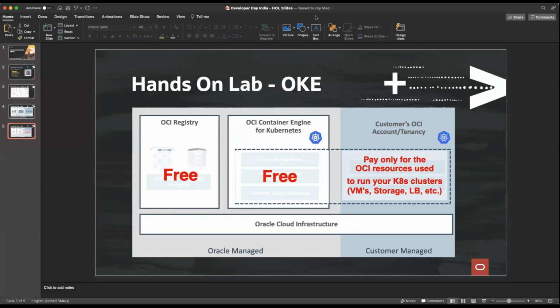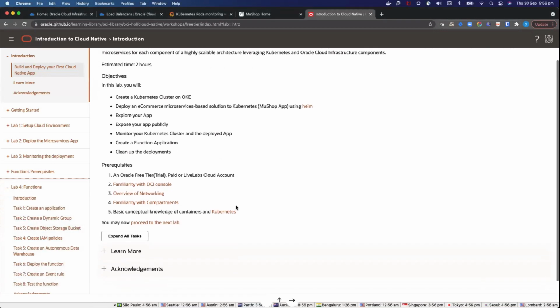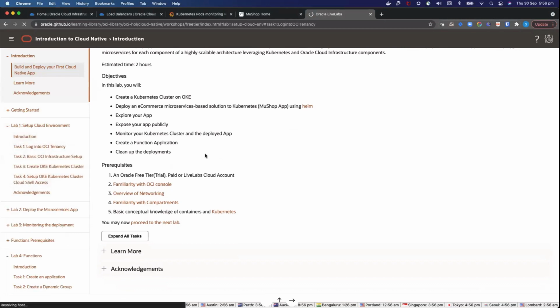All right. So that said, we should have now with you guys the access to the lab on that URL that I sent a couple of seconds ago, and you should be seeing something like this, right? This lab is pretty much divided in two parts. The first part of the lab is when you're going to set up the environment and deploy Moonshop, and the second part of the lab, lab 4. So labs 1, 2, 3 are about Moonshop, and lab 4 is serverless applications and Oracle functions. So why don't you guys just go and get started,